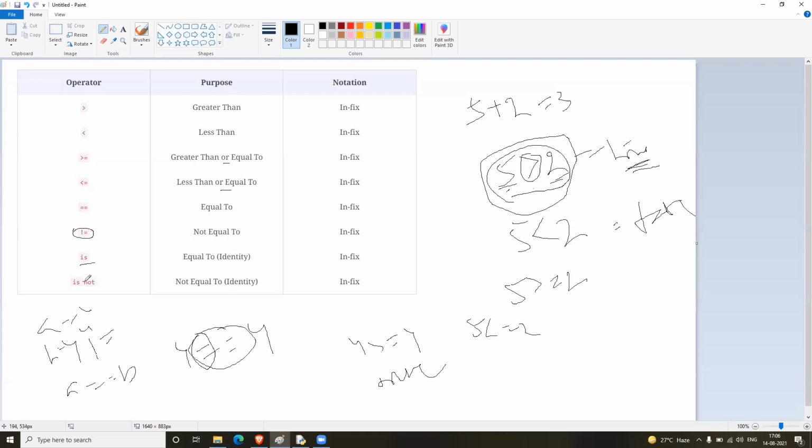But if you come to is and is not, these are for comparing object references, not the values inside them. If two different objects have the same values, the is operation will give me false, because they are two different objects even though the values are the same. You will understand more about this when we dive into object-oriented concepts. For now just ignore this. Just know that is and is not are reverses of each other, like equal to and not equal to, and are used mainly in object-oriented concepts.